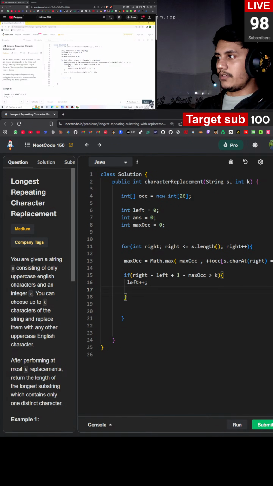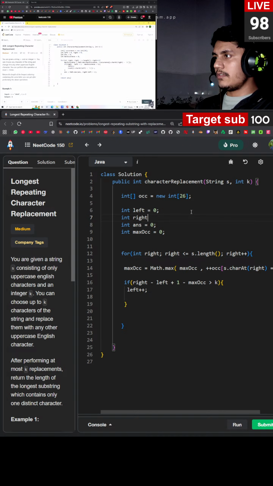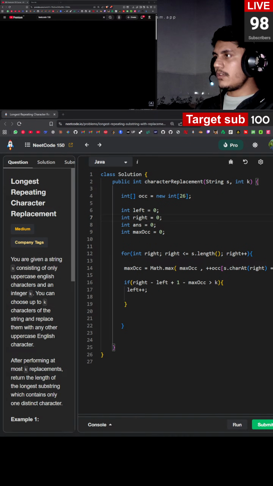और इसके बाद हमें वहाँ पे भी रीसेट करना होगा कैरेक्टर या अकरेंस पे। पहले तो माइनर सा सिंटेक्स एरर जो मैंने कर दिया, int right इक्वल टू 0। ठीक है।